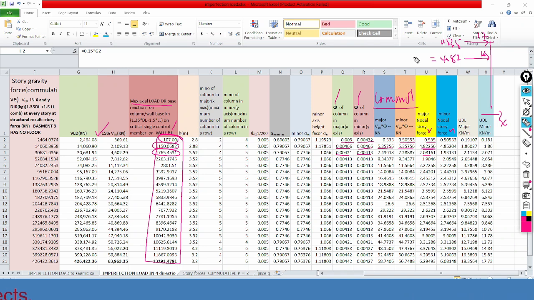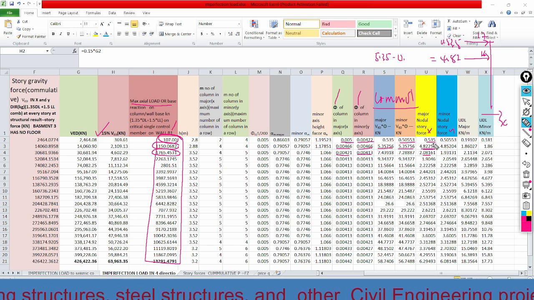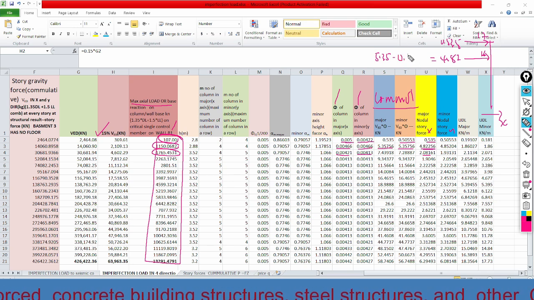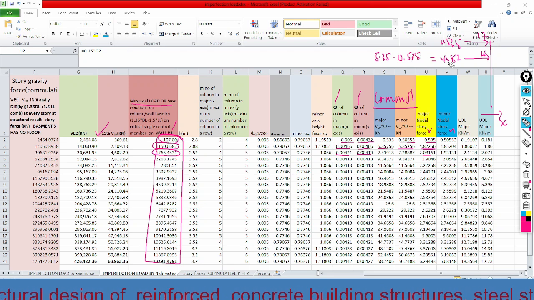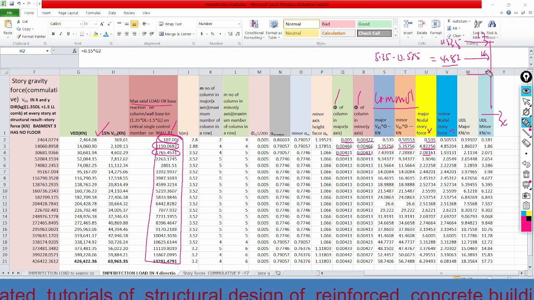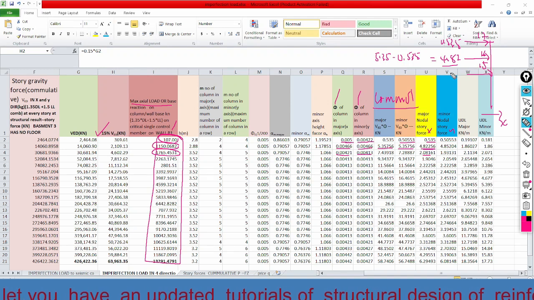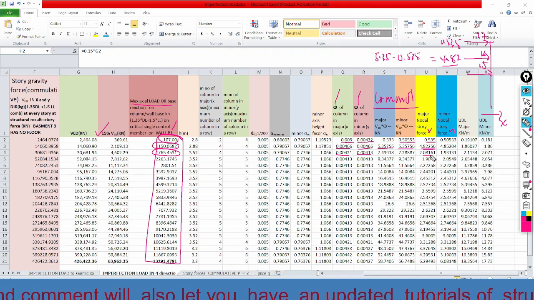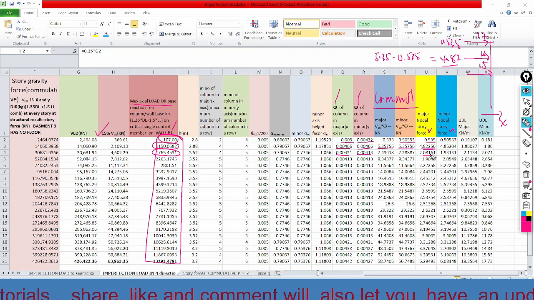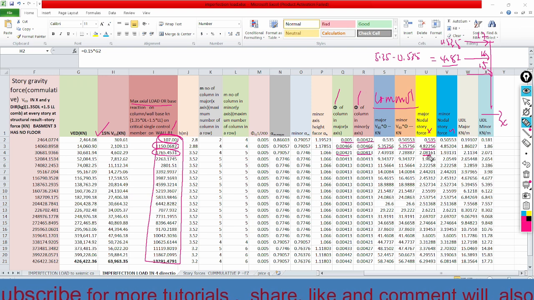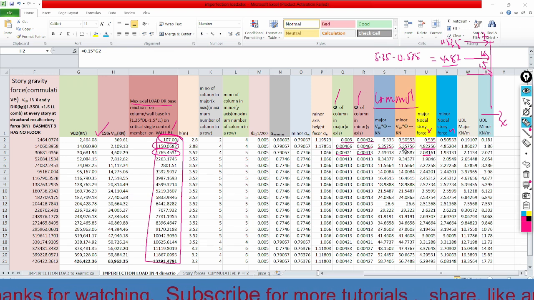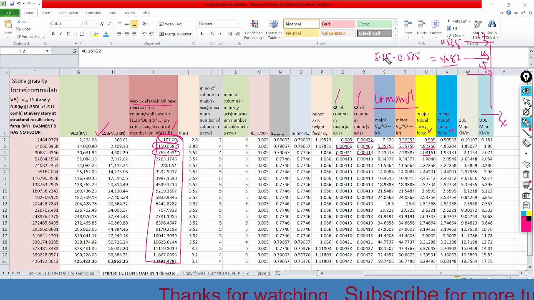That is 5.35 minus this one, 0.535, so it provided this one. And when we come to the 50th story here, this value will be 7.2 minus 5.35. So 5.35, this value. That is